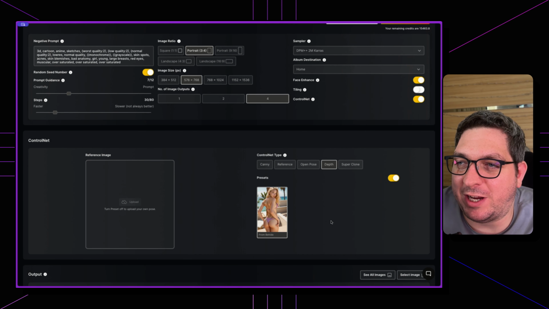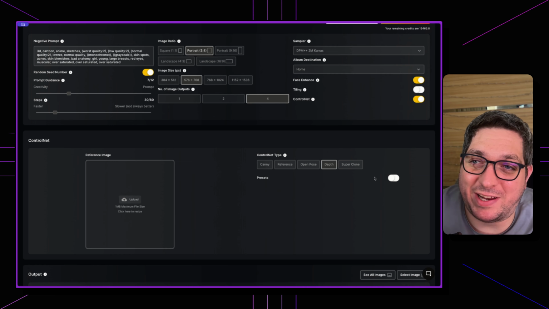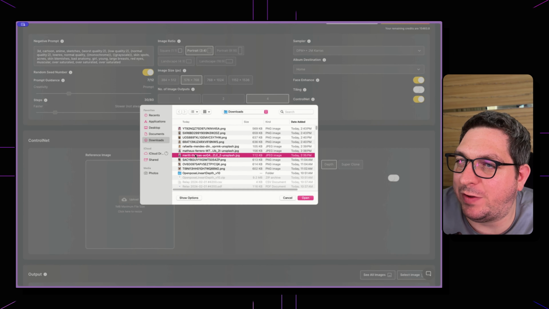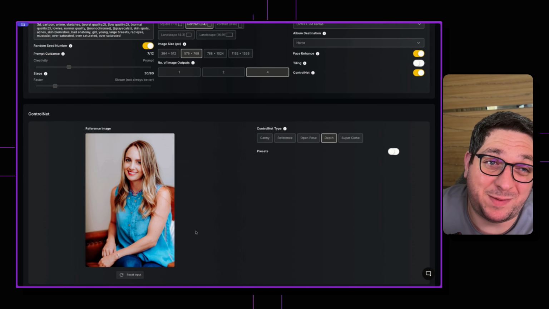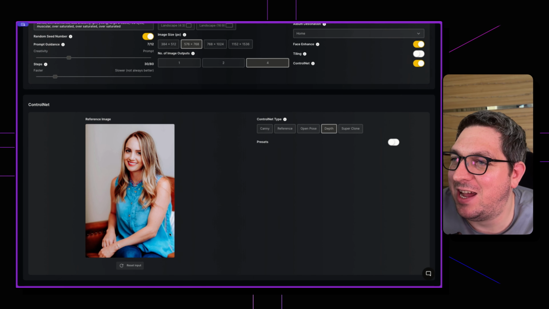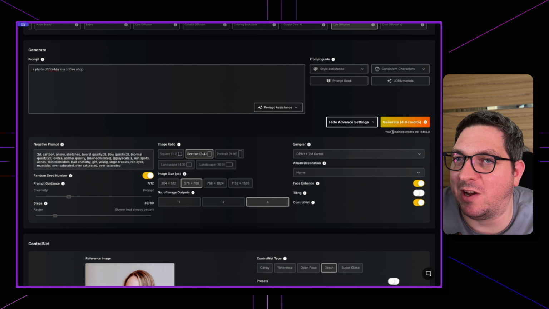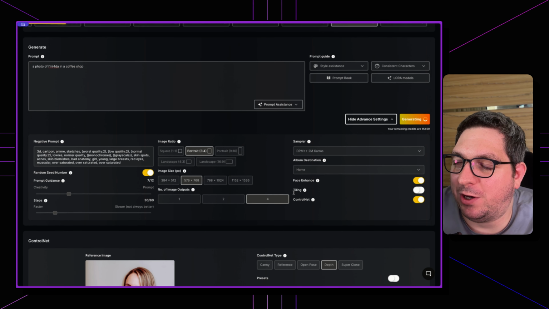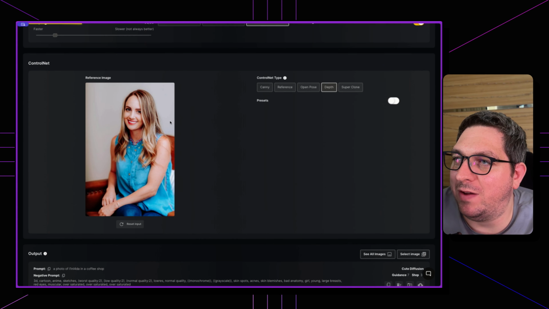When I'm in depth, I can use a preset. We've got more coming soon. Or I can use a reference image. I've made a few images from Unsplash. Well, I've downloaded those images and we're just going to use this now. So we can hit generate on this and we're going to get our output of 4 images with this one